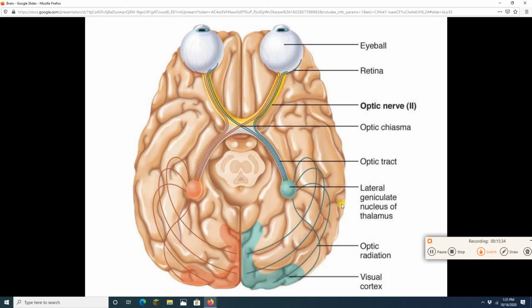Earlier we said touch was contralateral, right? I touch my left arm. It's my right parietal lobe that's getting that info. Vision is a little bit different. It is not left eye, right brain. Right eye, left brain. That would be too easy, okay? What it is